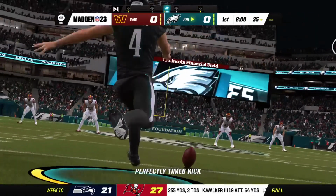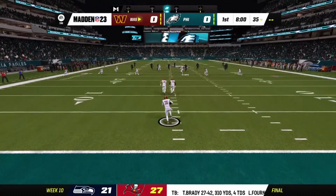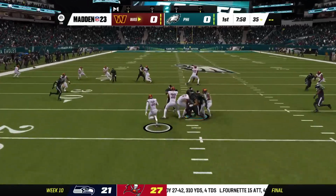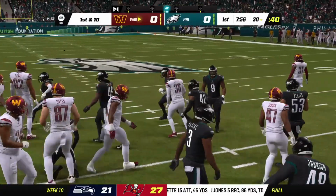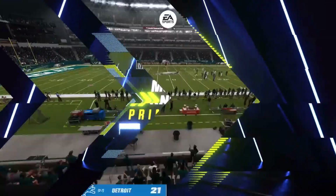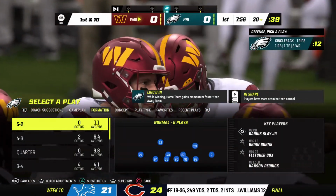Starting to get a bit longer. Week 10 of the NFL season is here, and we're underway on EA Sports. This will be fielded inside the 5. Commanders trot to the field for their first possession, and it's the 7th-year quarterback out of North Dakota State leading